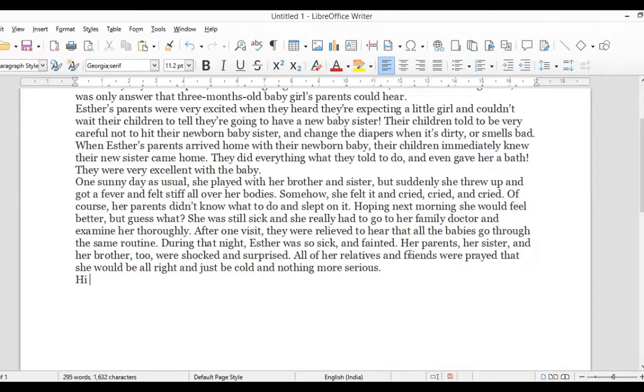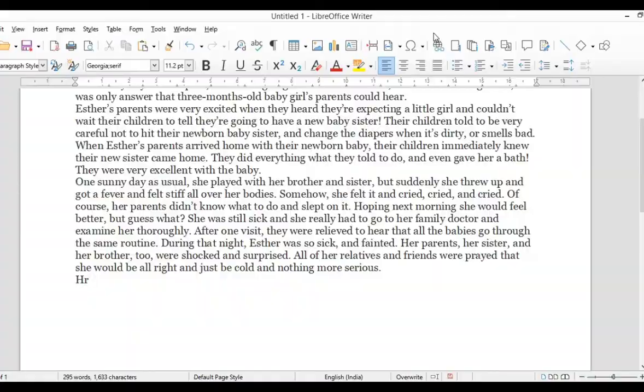Now if I use overwrite mode, you can see this I has been highlighted, and if I enter R over here, the I is replaced by R. So this is overwrite mode. It replaces the letter written earlier with the new letter you write now. So these were the two modes, the insert mode and the overwrite mode.